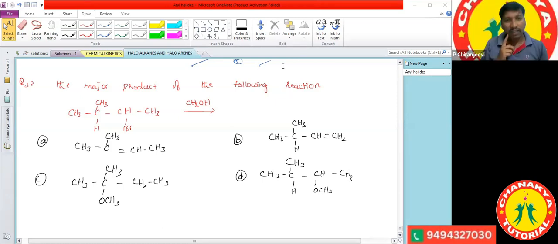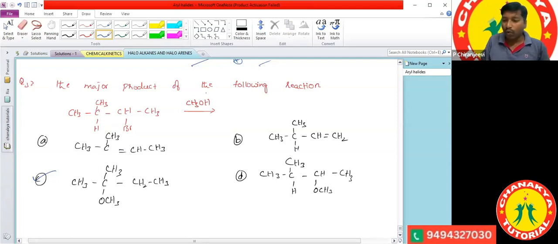The answer is C. It is a nucleophilic substitution reaction. Here a secondary alkyl halide is given, and the secondary alkyl halide is treated with methanol. Okay. So methanol